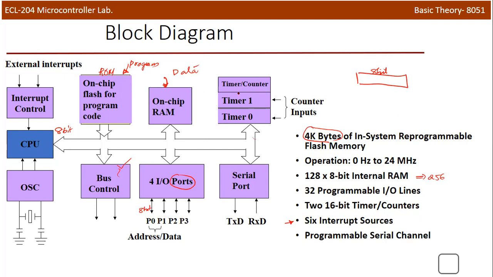And also some internal modules, known as the timers. There are 2 timers. The capacity of a timer is normally indicated in bits. Timer 0 is 16 bit and timer 1 is also 16 bit. These timers can also be configured as counters. So there are two timer/counter modules, labeled timer 0 and timer 1, and the capacity of the timer we can mention as 16 bit. Okay. So this is a very basic feature of the 8051 microcontroller.